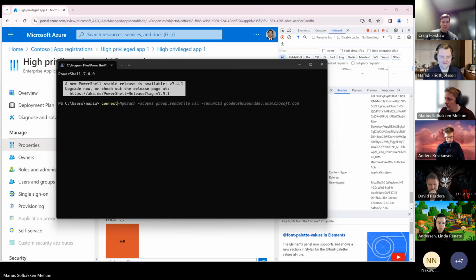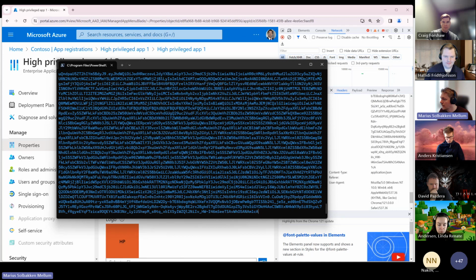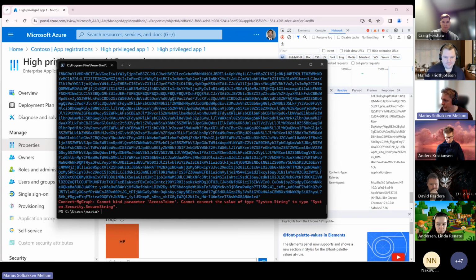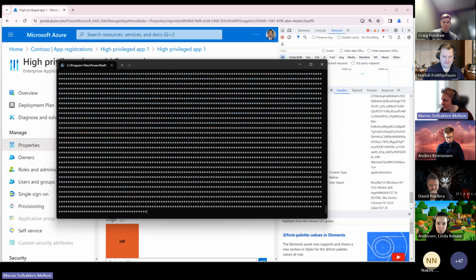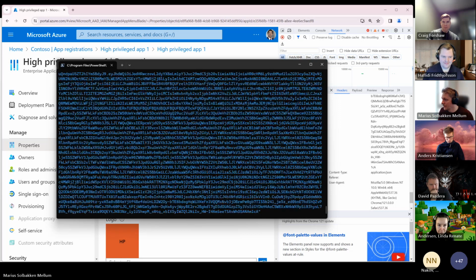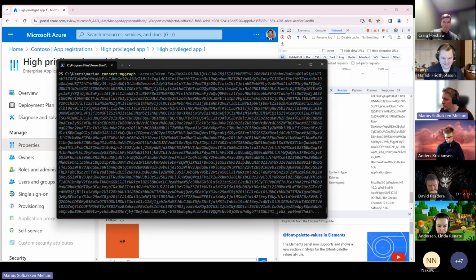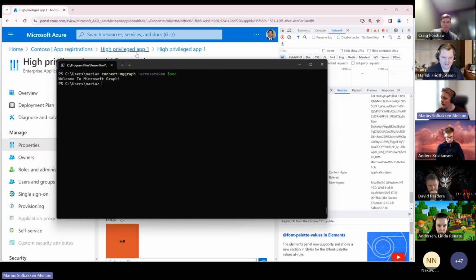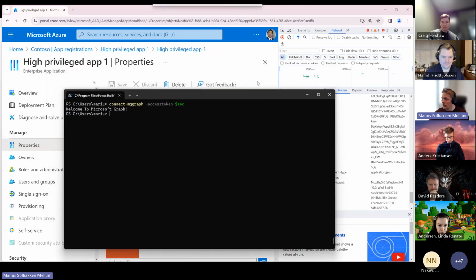PowerShell. Connect-MgGraph with a scope. So I don't need that. I can just provide an access token, like this, almost. Yeah, that's a secure string. Let's do this then. Connect-MgGraph with the access token like this. So I'm now signed into the Microsoft Graph as this person, just using the Graph SDK, and